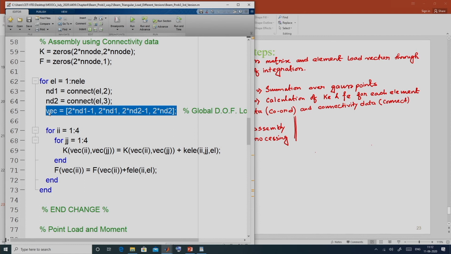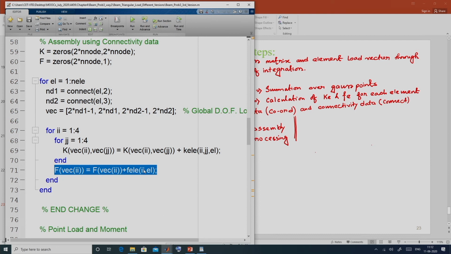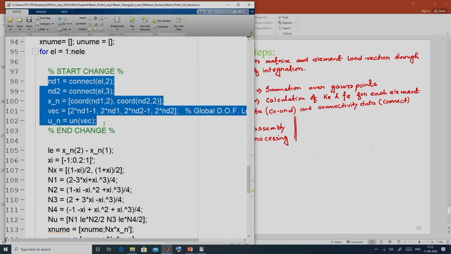This is taken care of in a general way with this vec, and we use this address array vec to do the assembly, like here, element stiffness matrix to global stiffness matrix and element load vector to global load vector. We have used this coordinate and connectivity to do the post processing in a more general way, where we get our nodal degree of freedom values for a particular element using these two arrays.